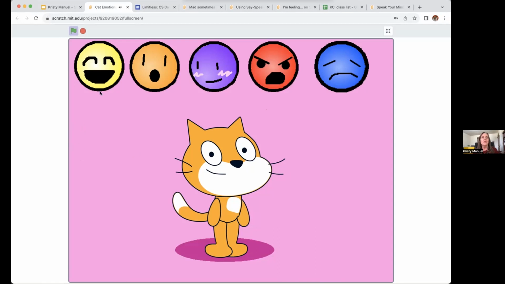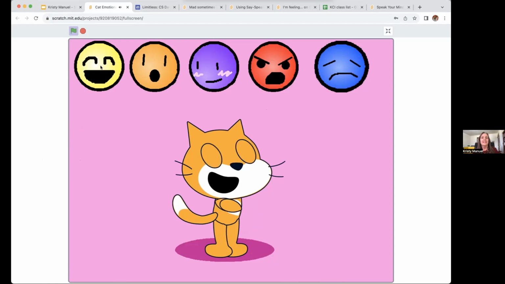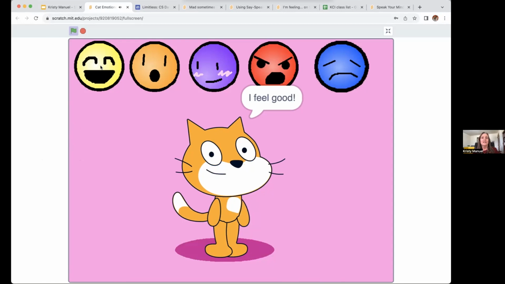So this first one, I feel good. When I click on that little picture of the smiley face, it actually activates some animation and some words. The second one is different, and it's hard to tell from that picture, but if I click on it,